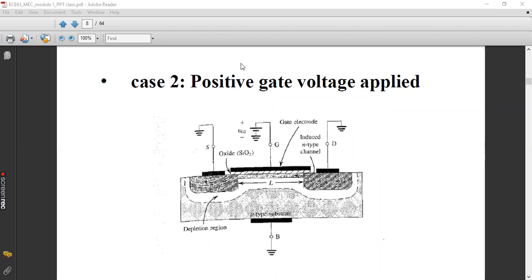Why? Because drain as well as source are both at the ground terminal. Clear or not? Santosh? Yes, sir. Clear? Yes, sir.